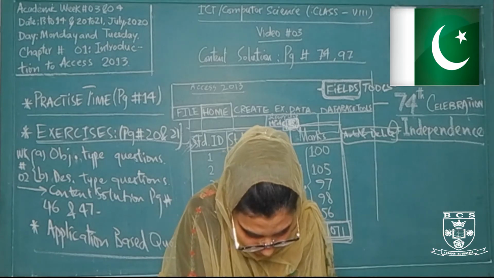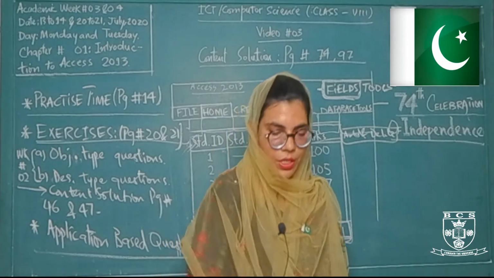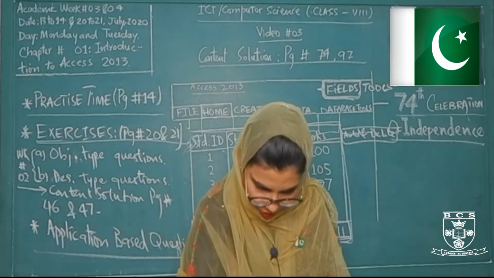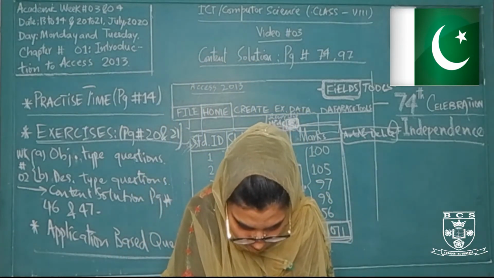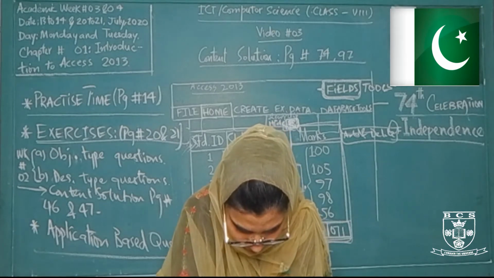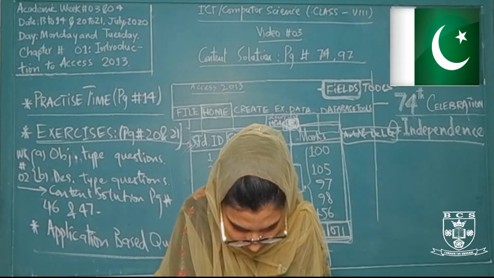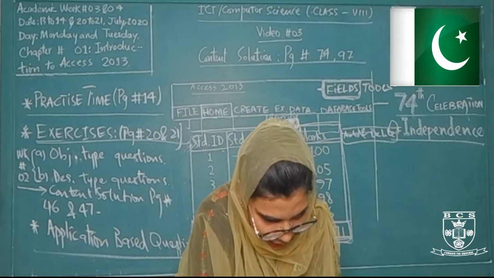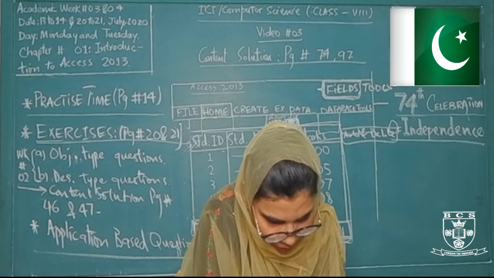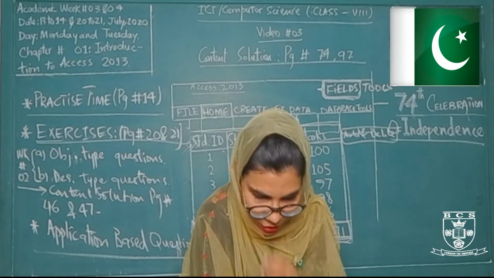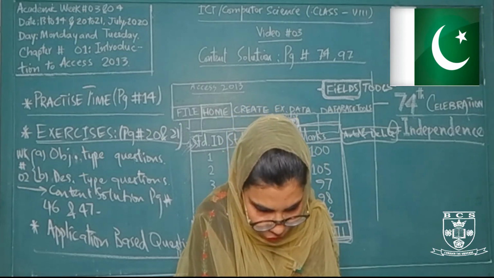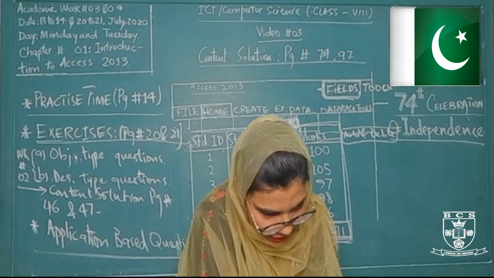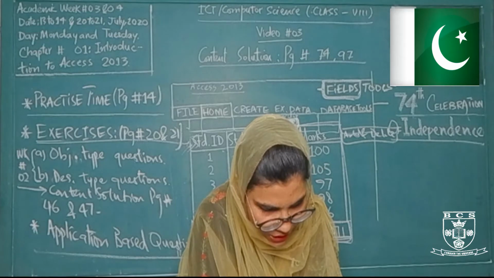B, consider table on the right. For B, you will consider this one table. This is B's table. And after that, what is written? What could be the primary key field in this table? इस टेबल में प्राइमरी की फील्ड क्या होगी? From page number 22, employee ID. Yes, employee ID is your primary key field because with the help of employee ID we can recognize any different record from the table.